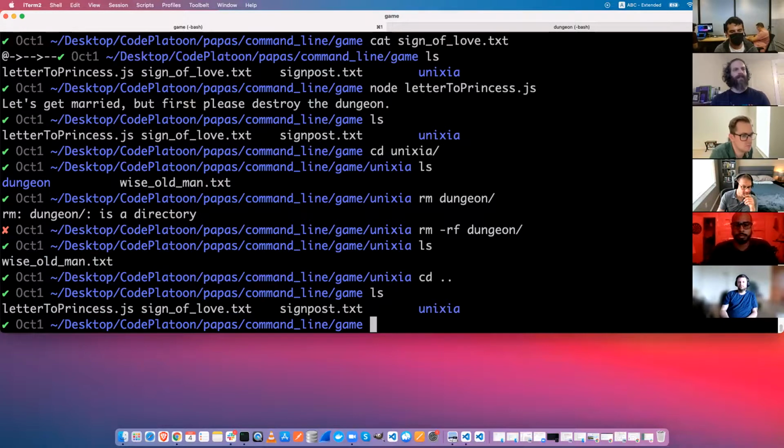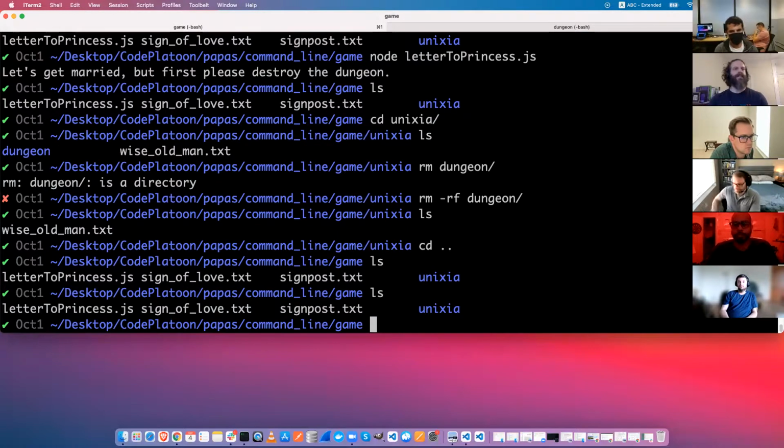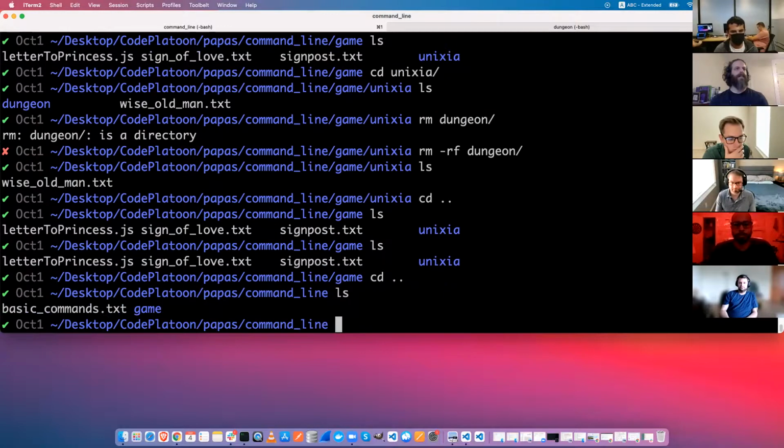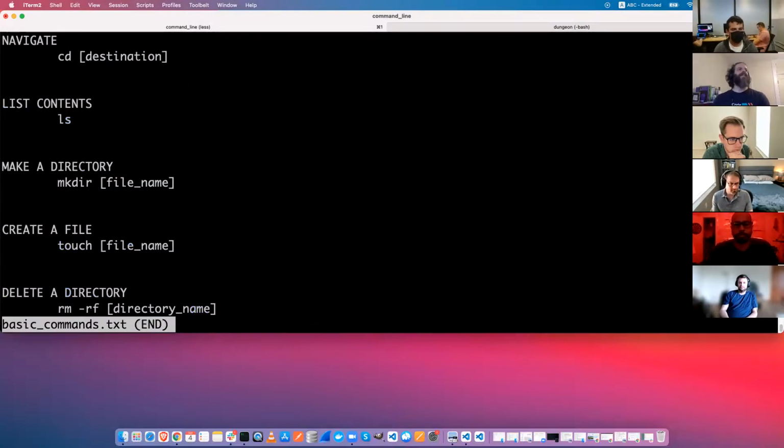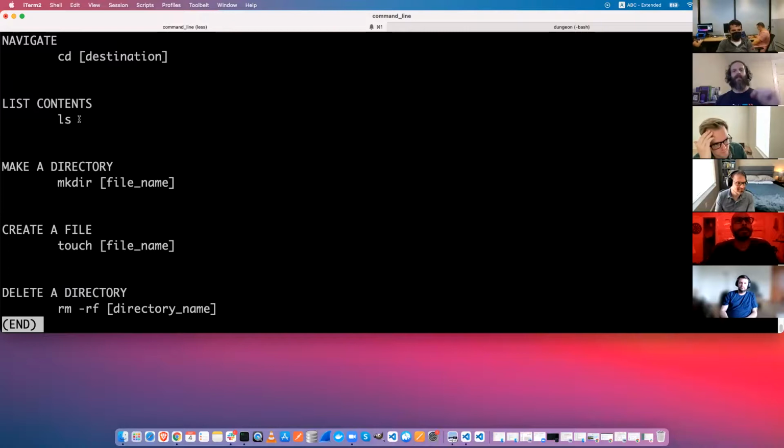So are there any questions about basic things you can do in the command line? Let's just quickly look at this again. The basic commands here are to navigate, to move around, you change directory, cd. You can go up and down with double dots. You can go up to a parent. You can give it a specific file path. It doesn't just have to be one file at a time. If you know exactly where you're going, you can give it a whole long path.